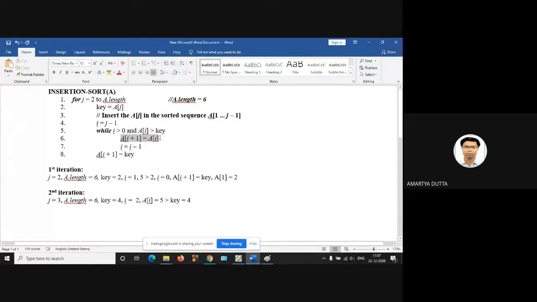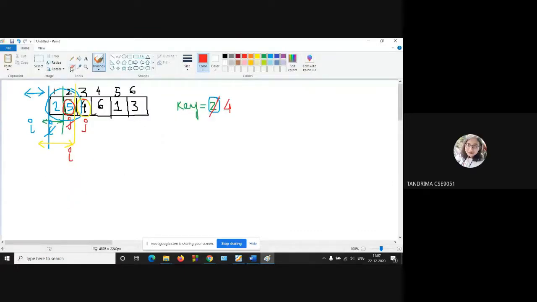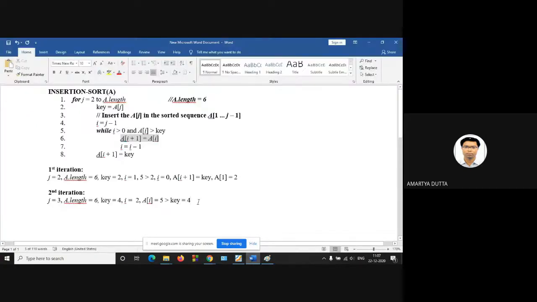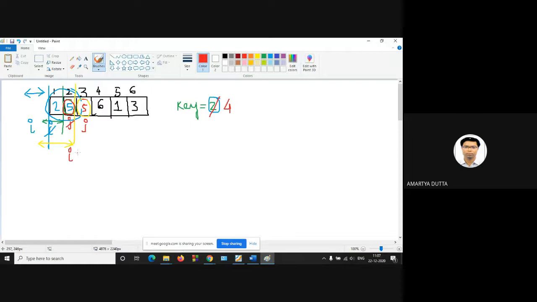So what should I do? A of i is copied to a of i plus 1. So this will be 5. And next, the value of i is decremented by 1.